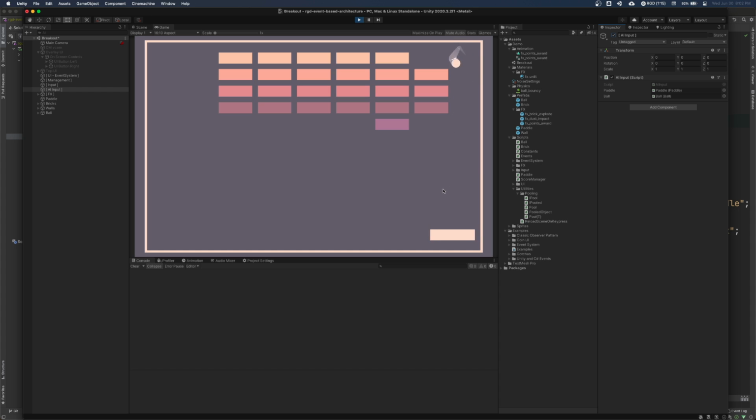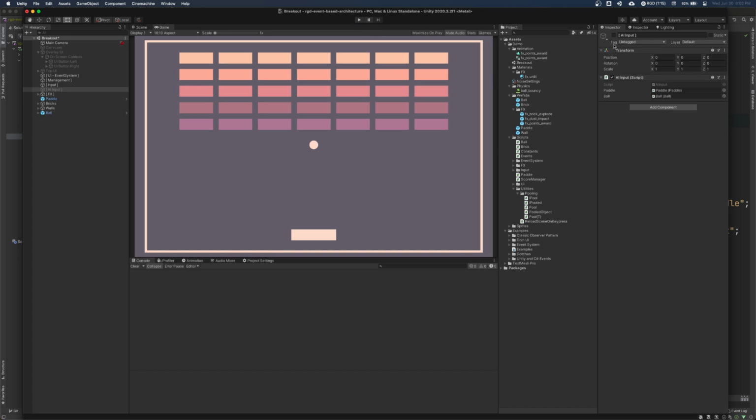It's maybe not the best AI, or at least it is too good of an AI. But suddenly we have an autoplay feature, for example, super easily, right? Again, basically no change to the paddle code to add this kind of feature.